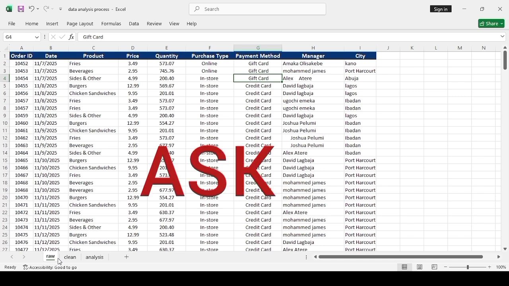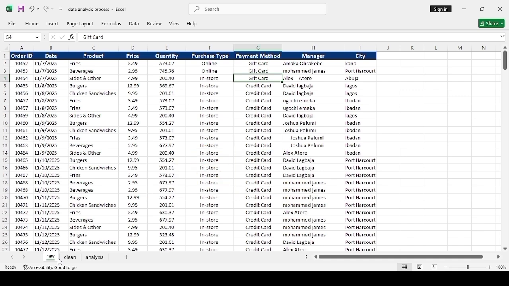So start with asking. We need to discuss with the stakeholders of KFC Burger to know what's the real problem they are facing. And they have a sales problem. They just want to know where our most sales are coming from, what product is the best selling product, and then are we really progressing in store or online, or what's the best method people are paying with, the purchase type and the payment method people actually use to pay. Then